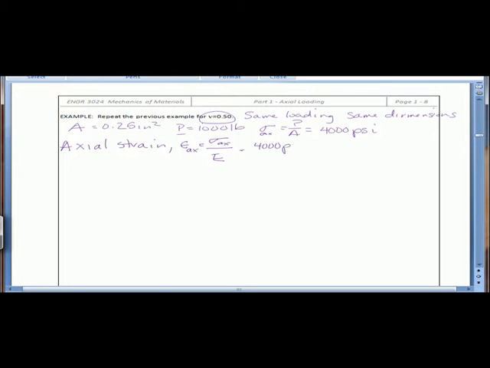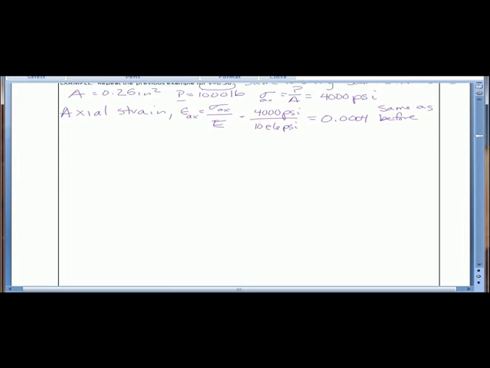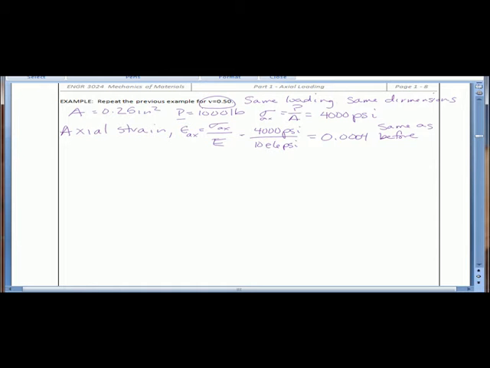So 4,000 psi over 10 million psi, which is the Young's modulus, gives you a strain of 0.004, which is the same as before. That stands to reason. The cross-sectional area is the same, the load is the same, and the Young's modulus is the same. The thing that is different in this case is the Poisson's ratio, which is the relationship between the axial strain and the transverse. So we're still talking about the axial direction, so since that axial strain is the same,